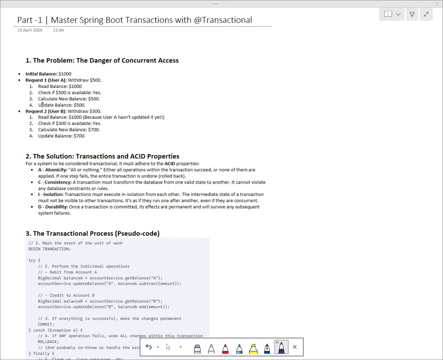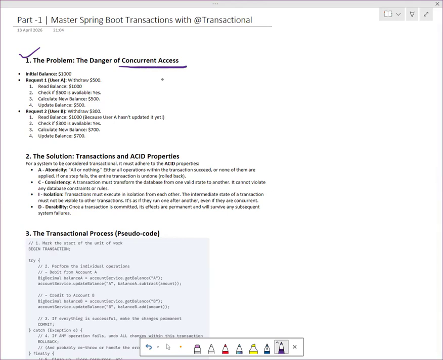So today our main topic is the transactional annotation. That is a very great topic, and I tried to prepare it well, so that you can understand the problem, and how this transactional annotation came into the picture. Like the other videos, my first motto is what problem we faced, and to solve that, that annotation came. And the same way here also, I will first discuss the problem, the danger of